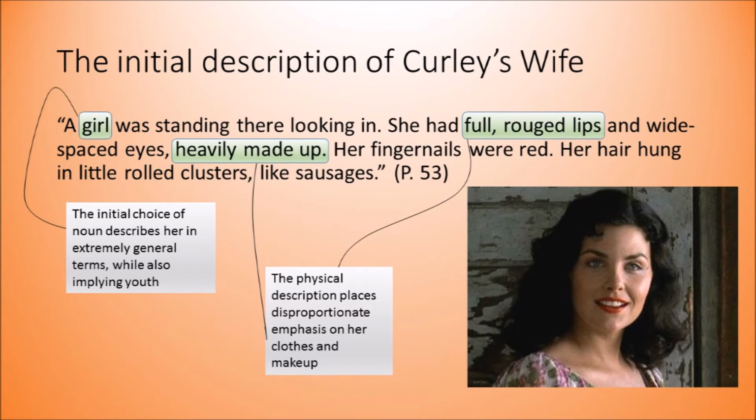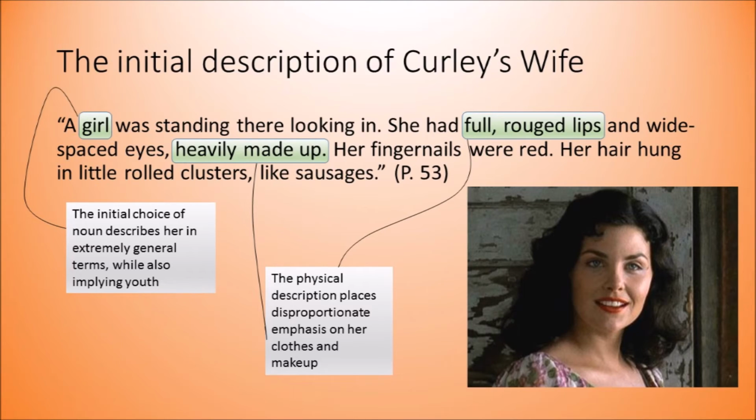What the description also offers us is a massively disproportionate focus on costuming, makeup, and choices of clothing. This is in direct contrast to the way male characters are described. With male characters, there's a much greater emphasis on innate physical qualities, like the shape of a face, which have nothing to do with choices made by that person.